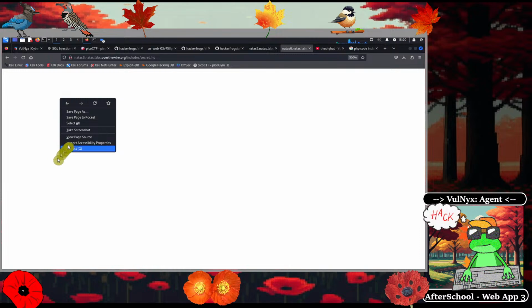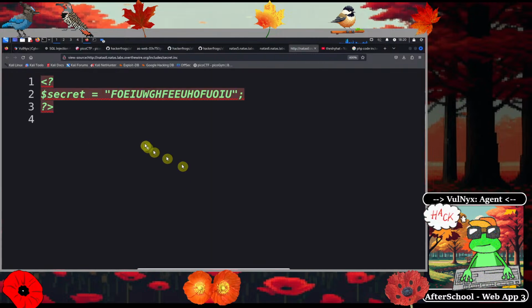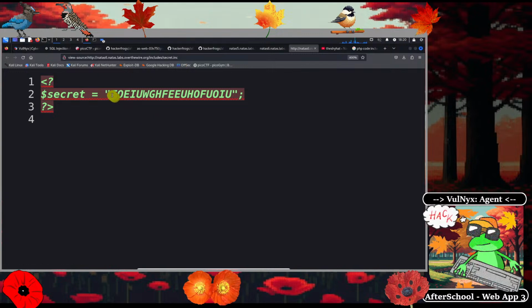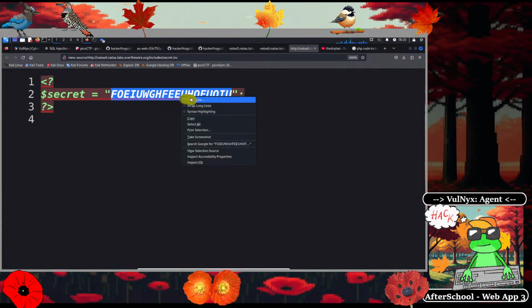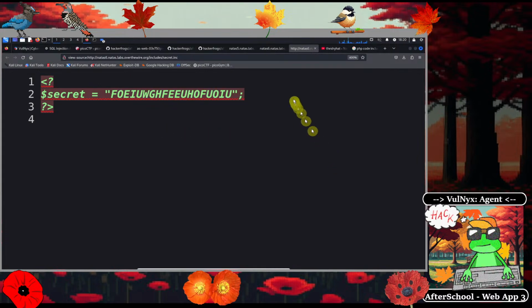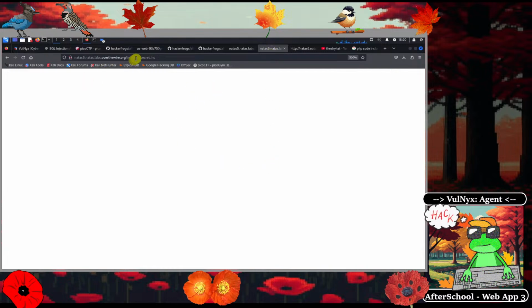So we can just view the page source on this page, and we see that we have a couple more PHP tags over here. Everything inside of these tags is going to be PHP code. We also see the secret variable over here, and it's equal to this. So this is the secret we're looking for, and it was actually hidden in another file, the secret.inc file. So we can just copy this, without the quotes, and then we can go back to Natas level 6,